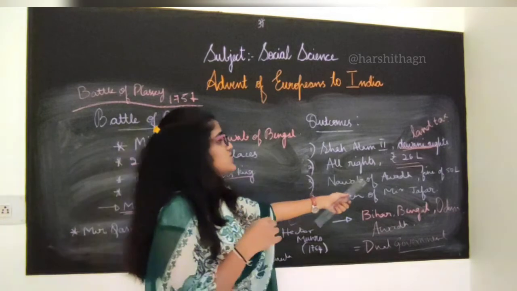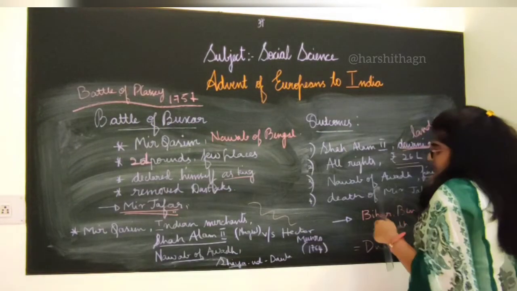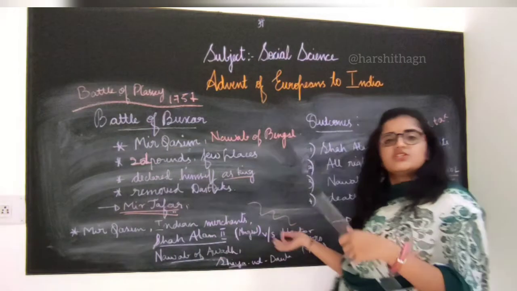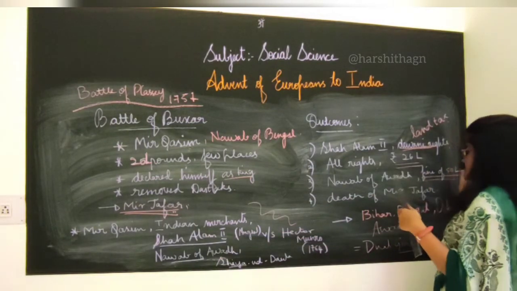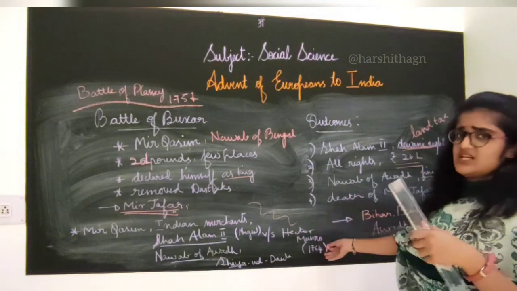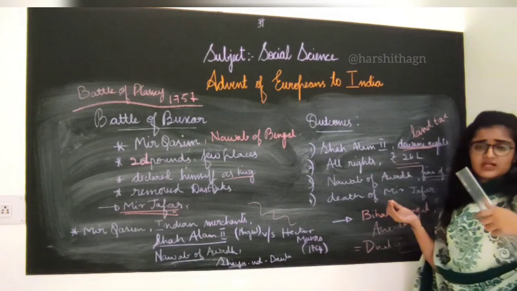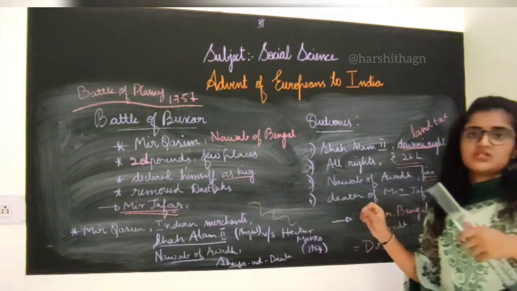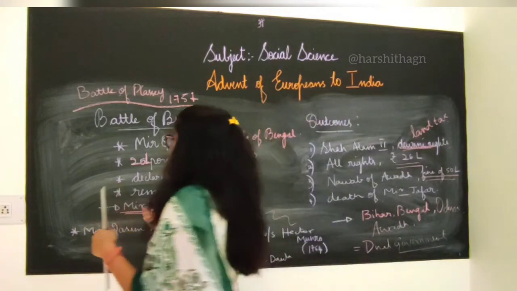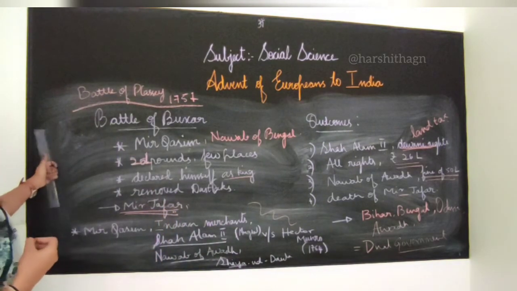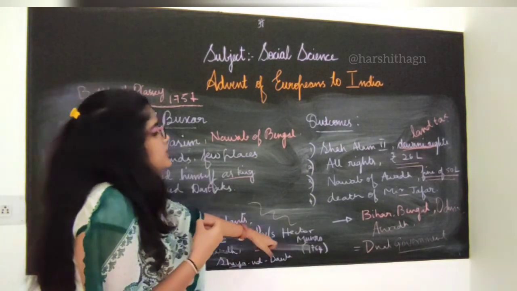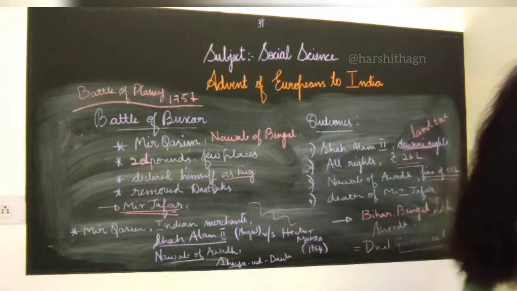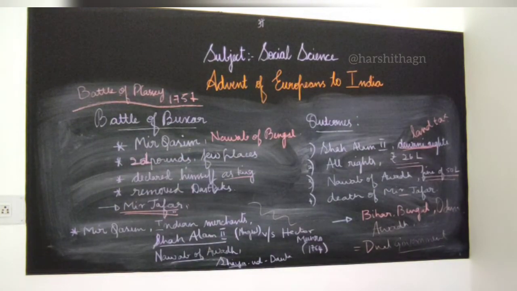Then the Nawab of Awadh was fined 50 lakhs. Since he made a war against the Britishers, he was fined 50 lakhs. And Mir Jafar, who was the Nawab of Bengal, died. After his death, his son was given a pension. So this is about the Battle of Buxar. All the northern places such as Bihar, Bengal, Awadh and Odisha came under the control of the Britishers,